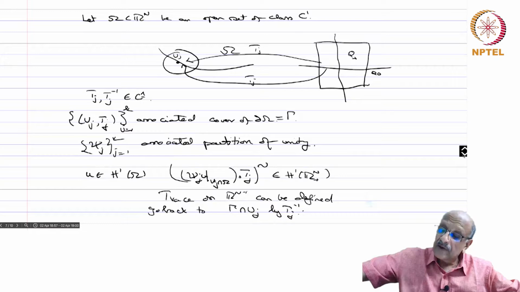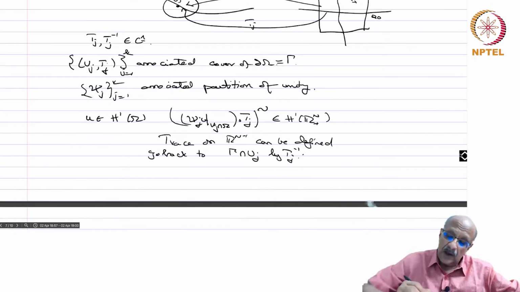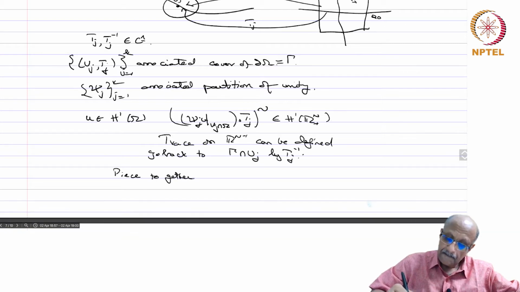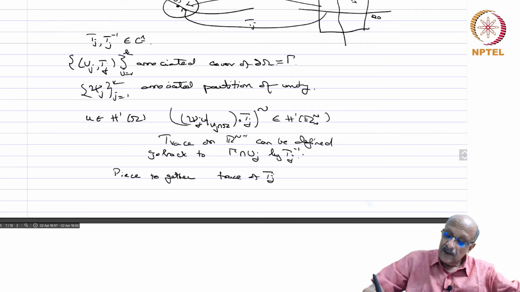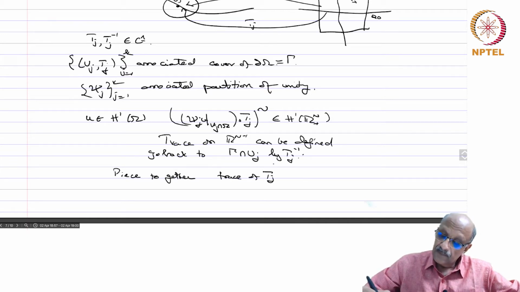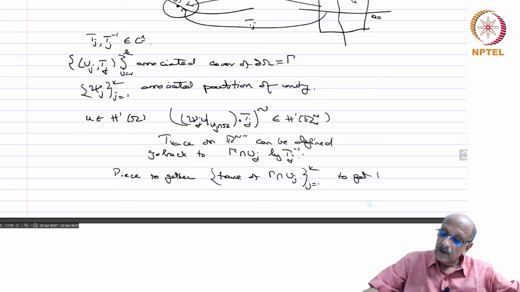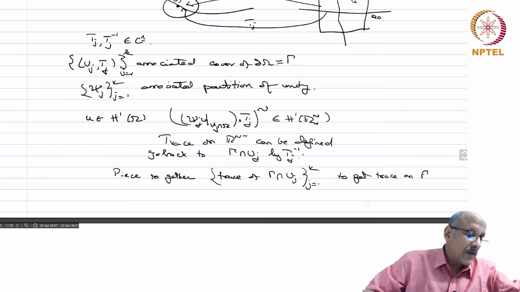So this defines the trace on Uj intersection gamma, and again use the partition of unity and piece together the trace on gamma intersection Uj, j equals 1 to k, to get the trace on gamma. Okay,